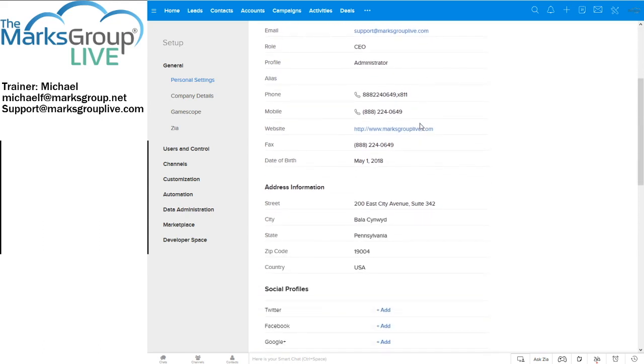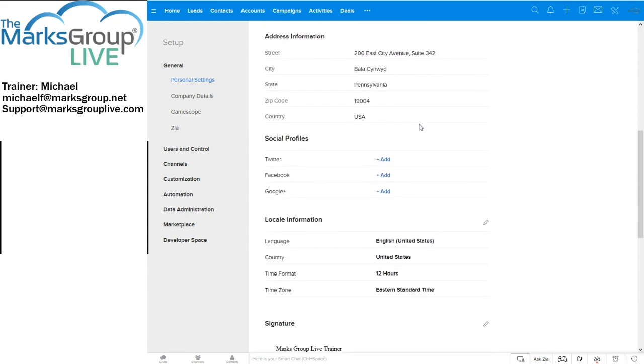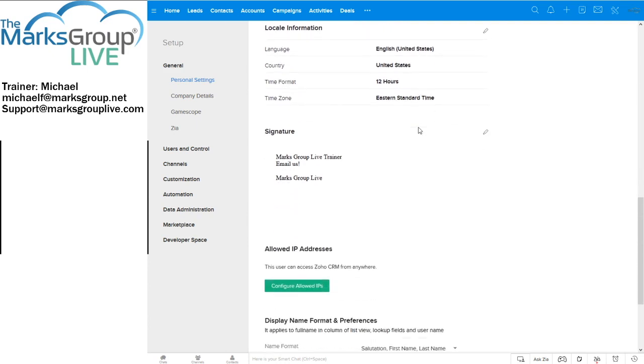Let's go a bit farther down. As we scroll down, I can set a signature here. You might want to spend a few minutes thinking about creating your signature, and you should return to it whenever some aspect of your job changes, since the signature is attached to all communications that you send from within the Zoho platform. This can be fairly complicated with rich text, lists, indented texts, hyperlinks, tables, sections, emoticons, and even